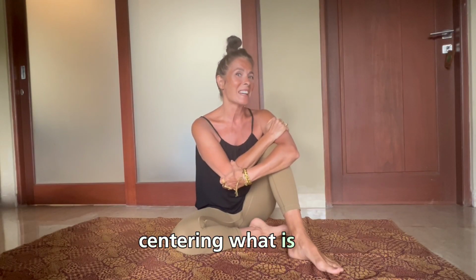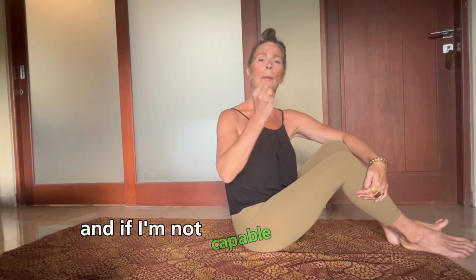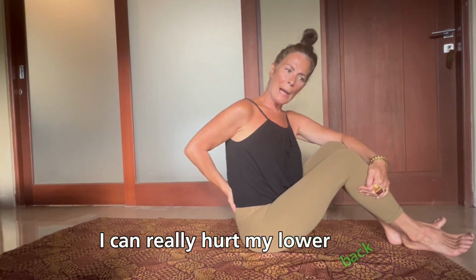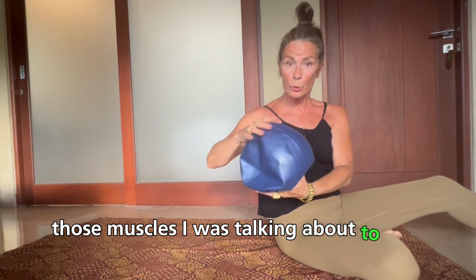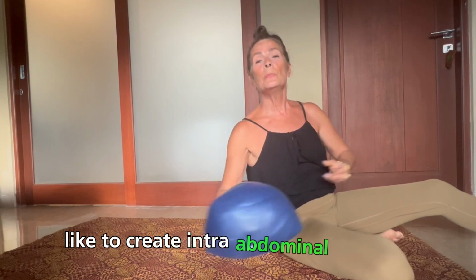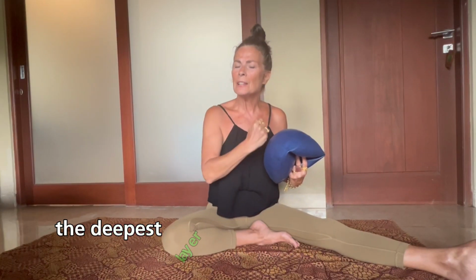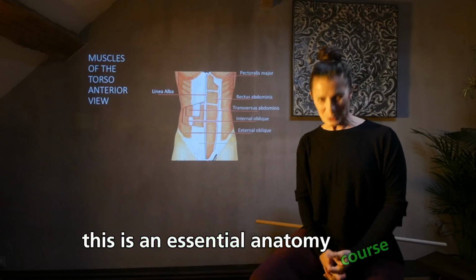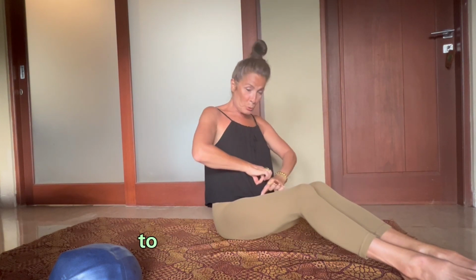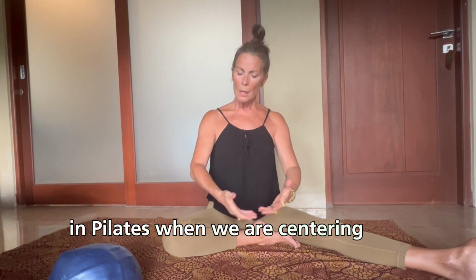Centering, what is that? And if I'm not capable of centering properly, I can really hurt my lower back. Those muscles I was talking about to you before, to create intra-abdominal pressure, the deepest layer of abdominal, which is, this is an essential anatomy course. You can maybe think about zipping like a zip, yeah, from the ankles to the top of the head. In Pilates, when we are centering, this means